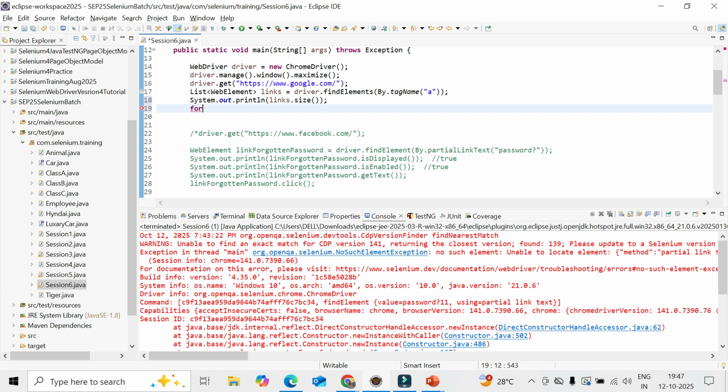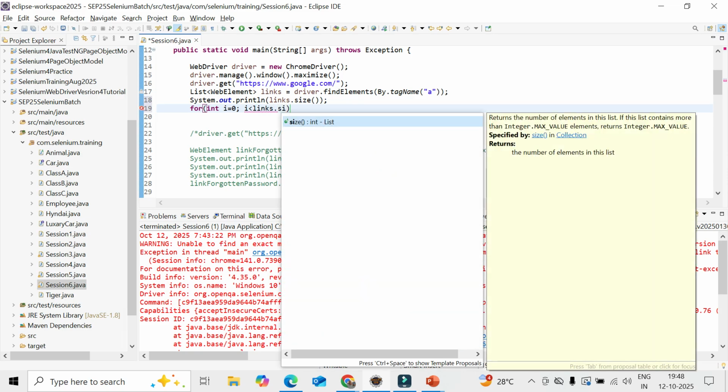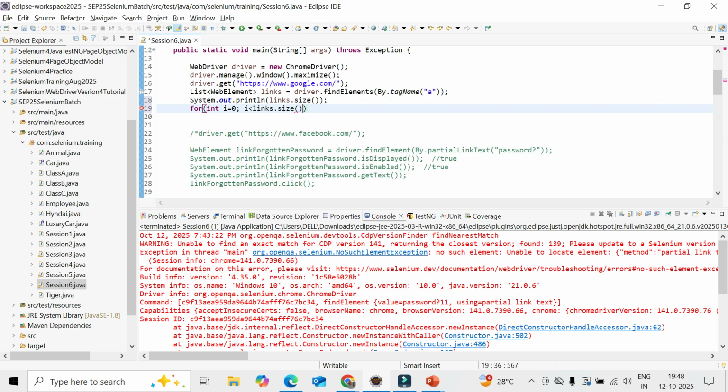Now we can use a for loop: int i equal to 0, i less than links.size. That is the way you can make it dynamic. You don't need to give any hard-coded value like i equal to 0 to 10. In case the size changes, it will automatically adjust. i plus plus,